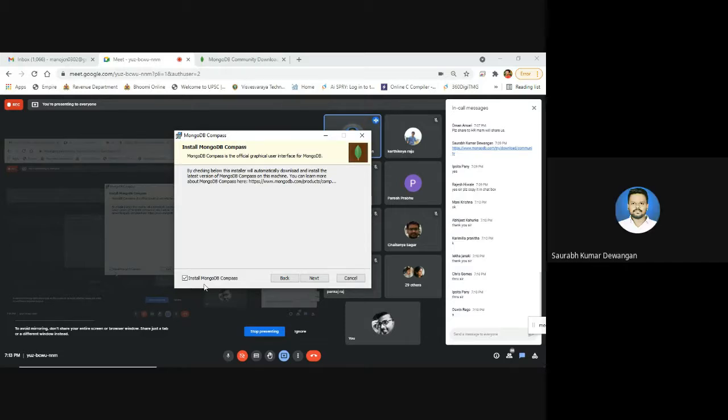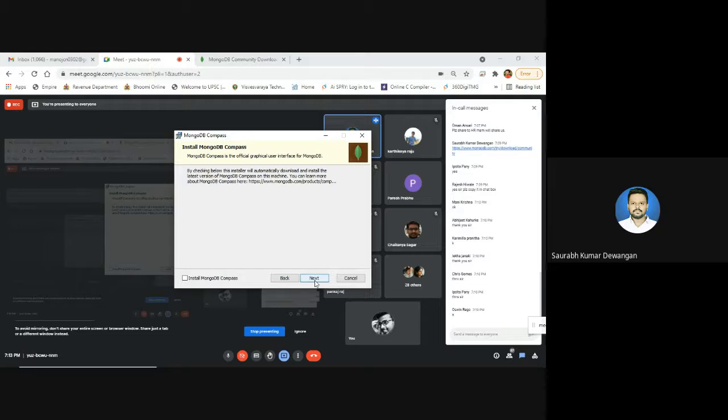You can install MongoDB Compass separately, or directly from this. Don't cancel it while it is running because it will take time. Can I uncheck and install it separately? Yeah, you can also do that. Uncheck it and install separately.